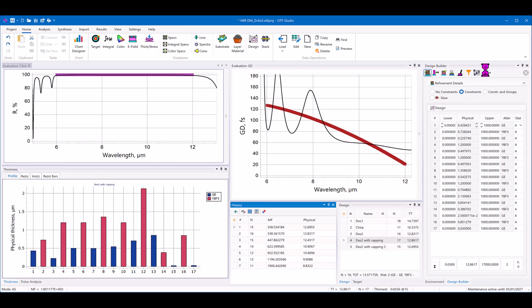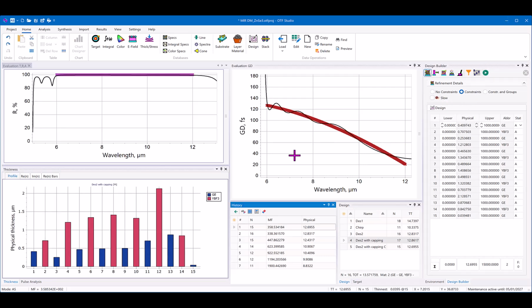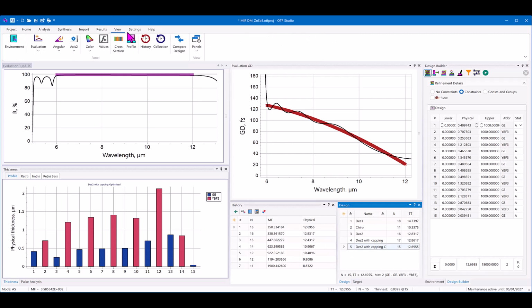Now I start optimization with constraints and very fast obtain a 15-layer solution with the last layer of germanium, 30 nanometer, excellent group delay performance, and high reflectance. Now I saved this design with capping layer and would like to compare performance with capping layer and without capping layer. So using compare designs feature,